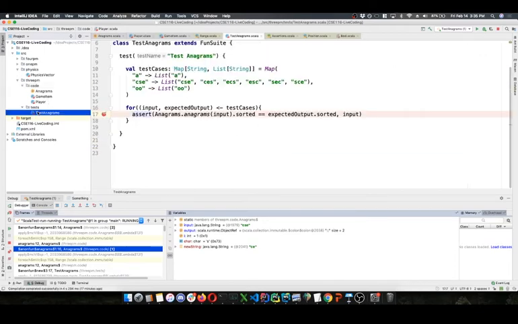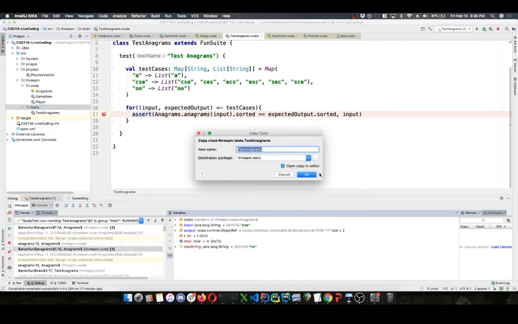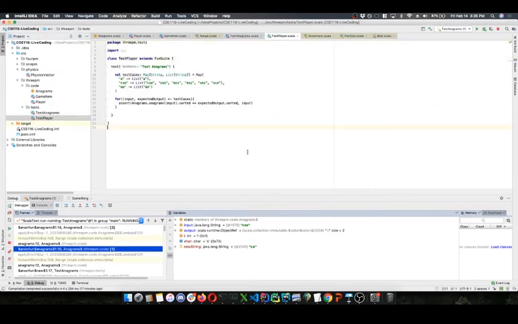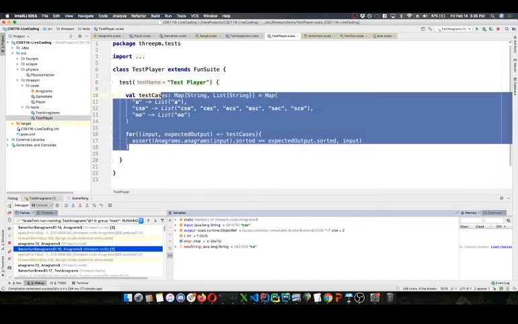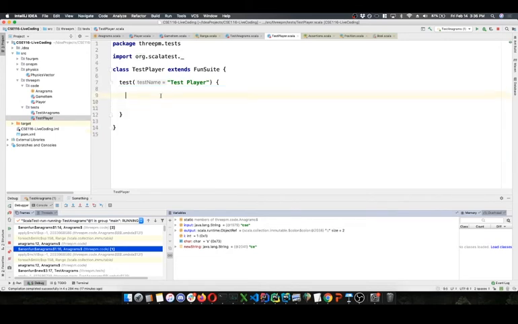Test player. I'm going to copy this so I have my boilerplate and don't have to get all the setup for a test. Test player, change the name of my test. Then I can delete all this.